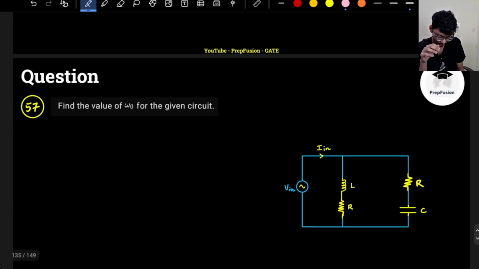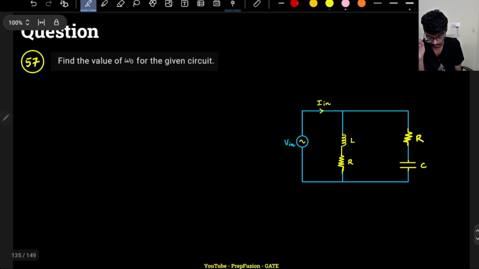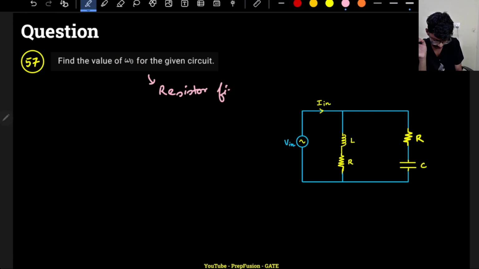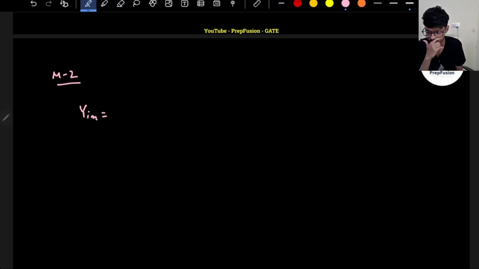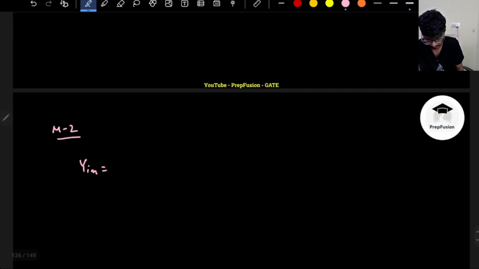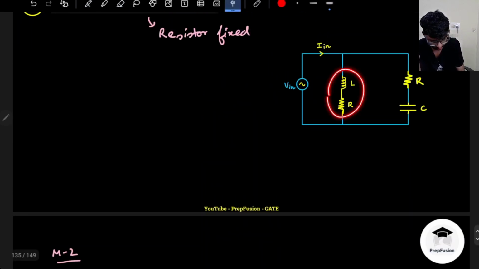Basically the same question, but in this question we have to find the value of omega naught for the given circuit. The resistor value is fixed, and I am varying omega naught. Now I will use the admittance method. My input admittance Y in should have its imaginary part equal to 0, so that it is in resonance. These two individual circuits are in parallel, so